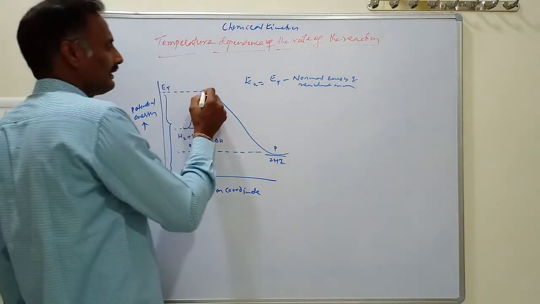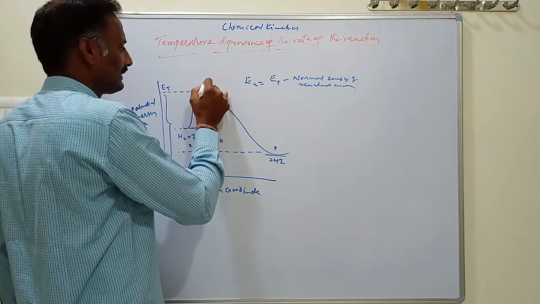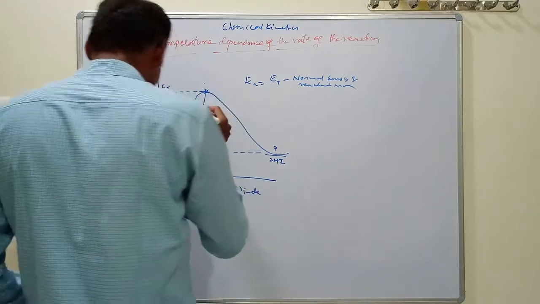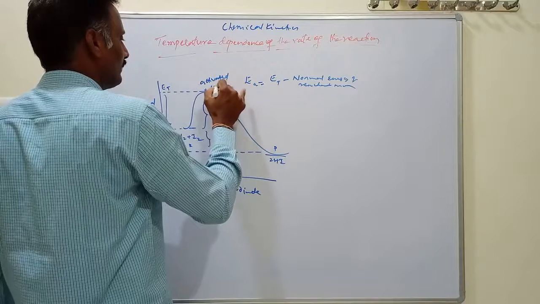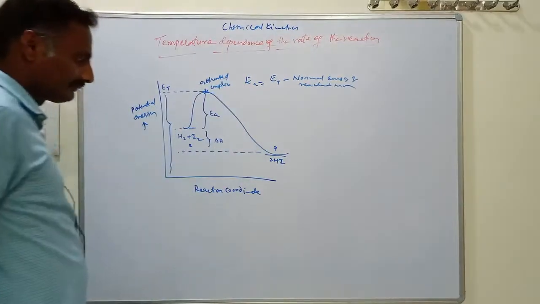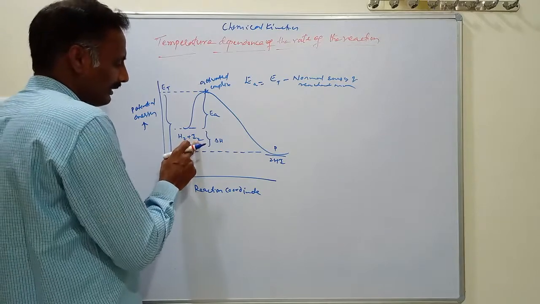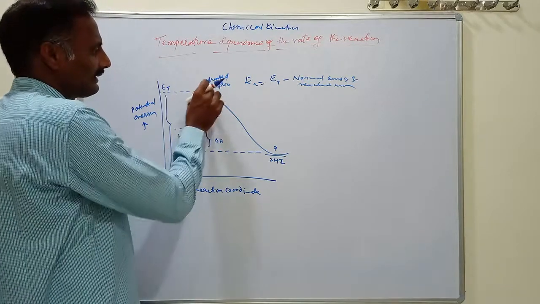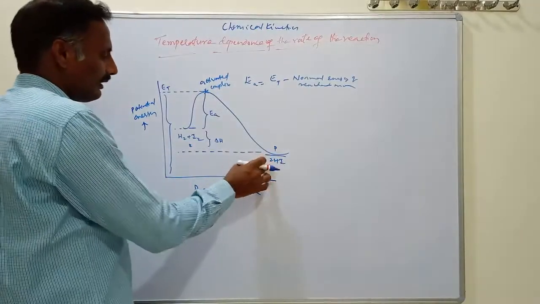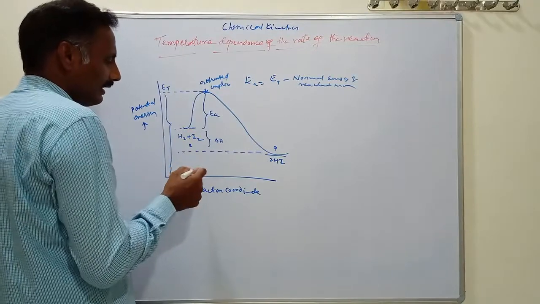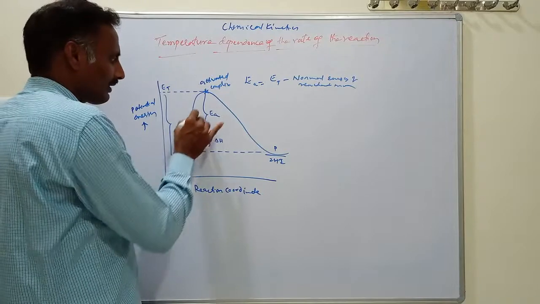And this is called the intermediate complex, the formation of the HI intermediate complex. This is called the activated complex, nothing but the intermediate complex. When H2 and I2 collide properly with sufficient kinetic energy, they are excited to form the activated complex, and this activated complex gives product states. All the collisions are not effective; the molecules which have sufficient kinetic energy and proper orientation can be converted into product states.